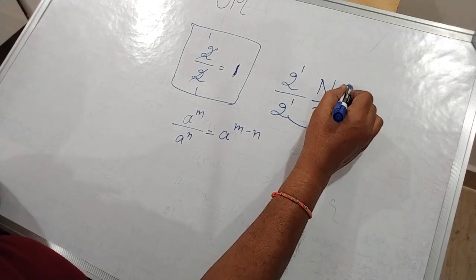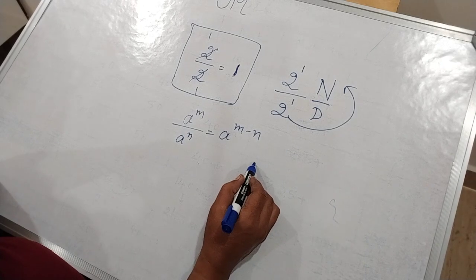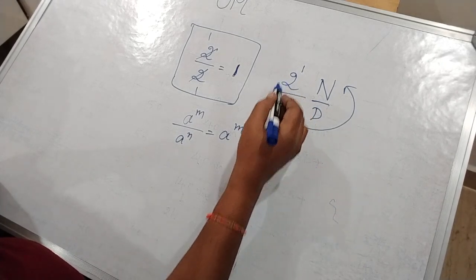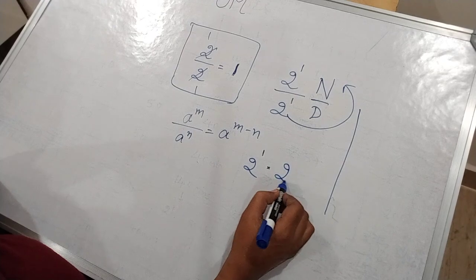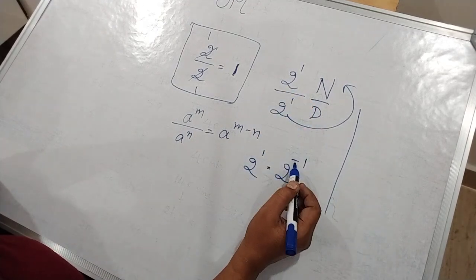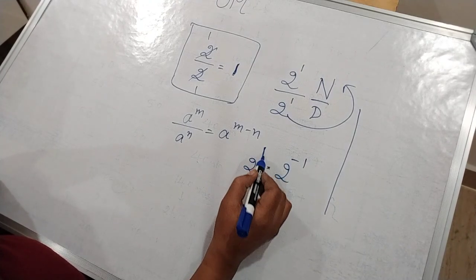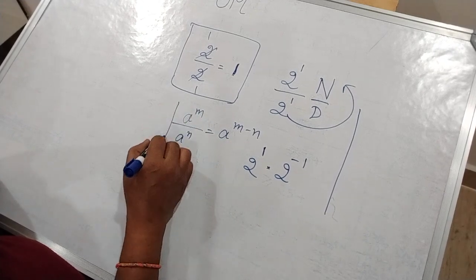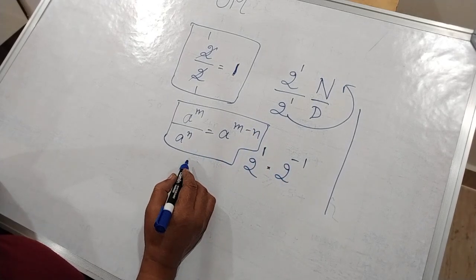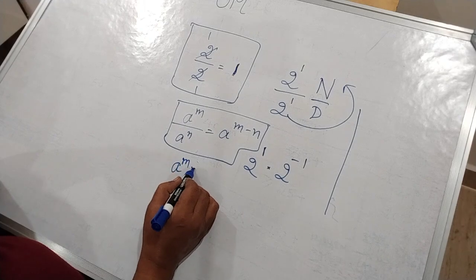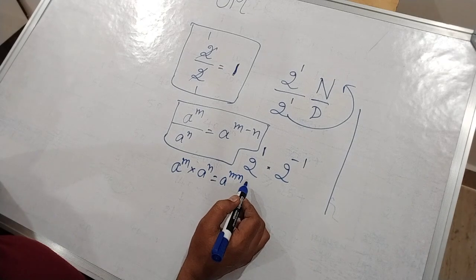So now take this 2 to the power of 1 of the denominator to the numerator. We are aware of the concept. The numerator I keep as it is, 2 to the power of 1, and this one I will write like this: 2 to the power of minus 1, and take it to the numerator. So what will happen here? We used this particular property of laws of indices. Now I'm going to use one more: a to the power of m times a to the power of n is equal to